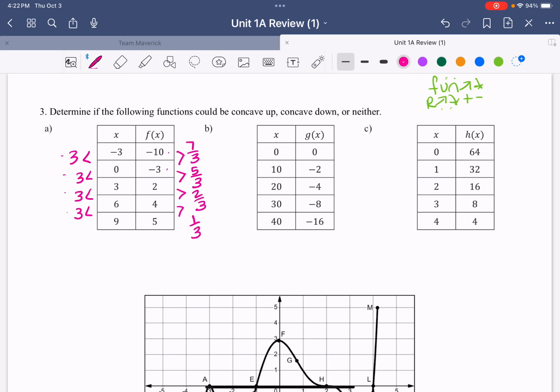Because I can talk about what's happening with the rate of change even if I don't find it. But what I looked at here, this is not constant, and that's fine. I'm looking at the fact that my rates of change are decreasing. And if my rate of change is decreasing, then my function is concave down. So I could say f could be concave down